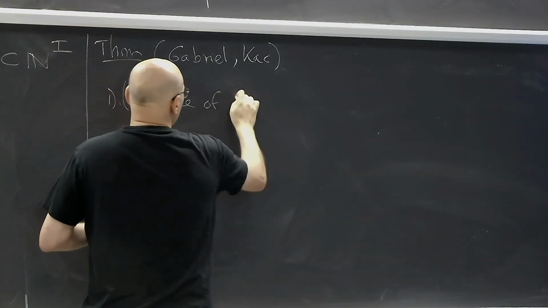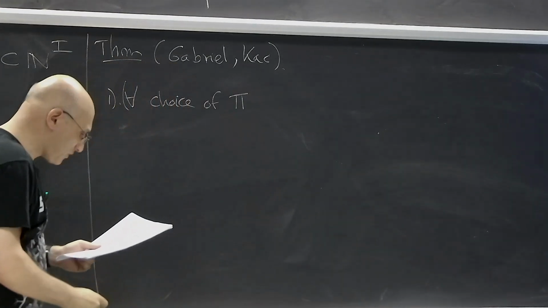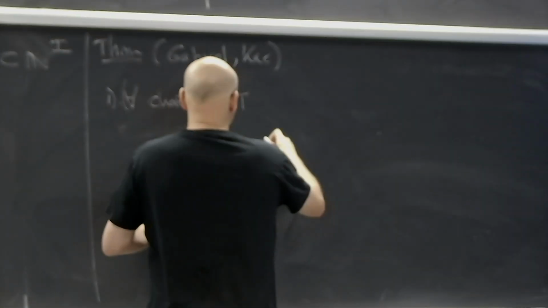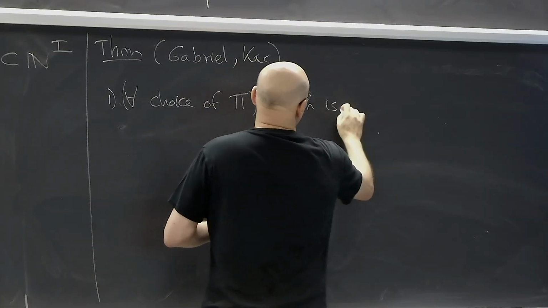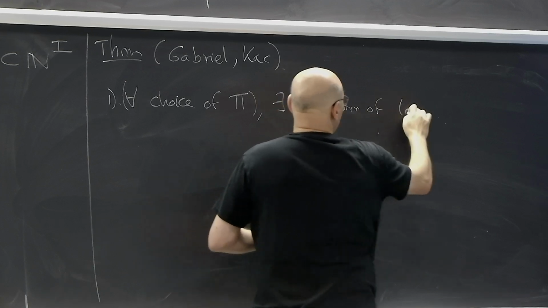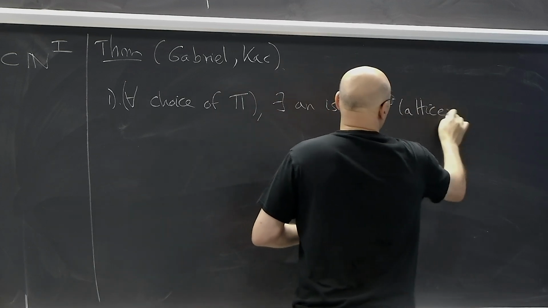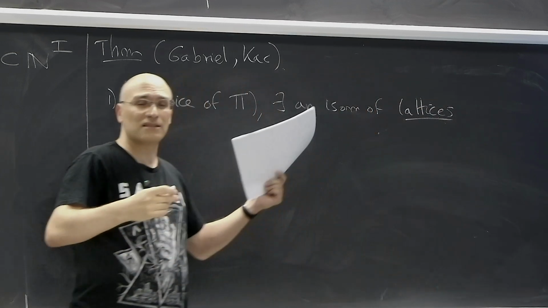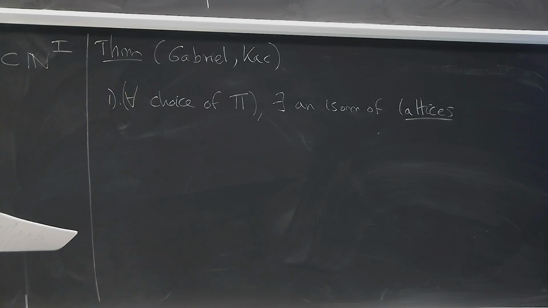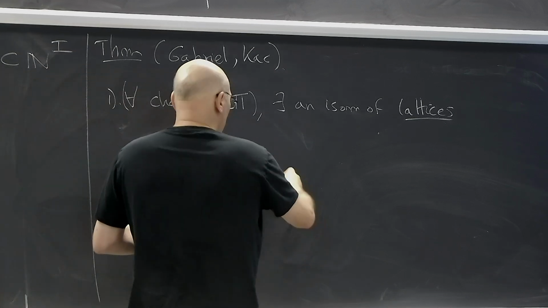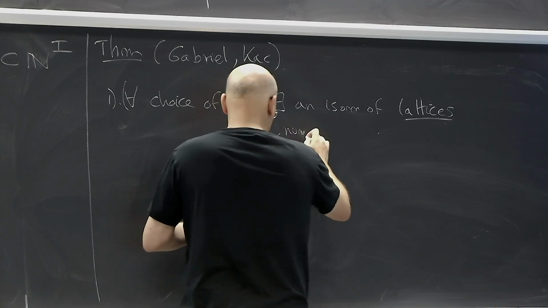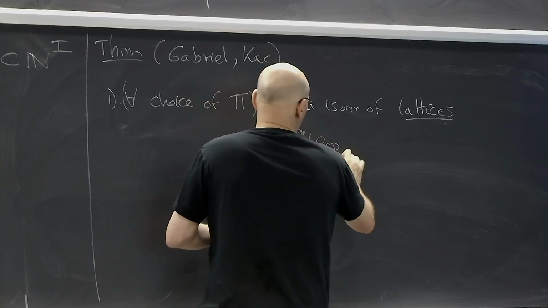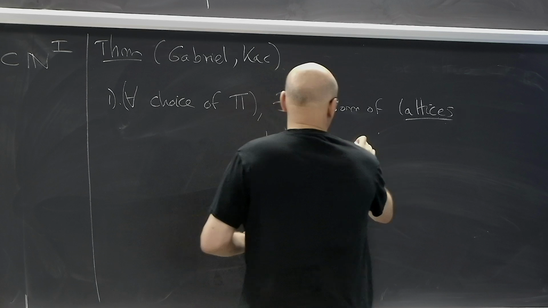For every choice of positive roots, there exists an isomorphism of lattices. So not just of Z-modules, but Z-modules equipped with a bilinear form, from K0 numerical rep KQ